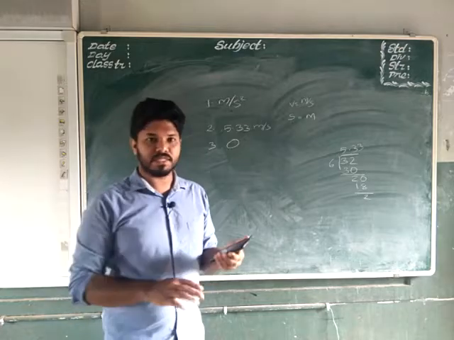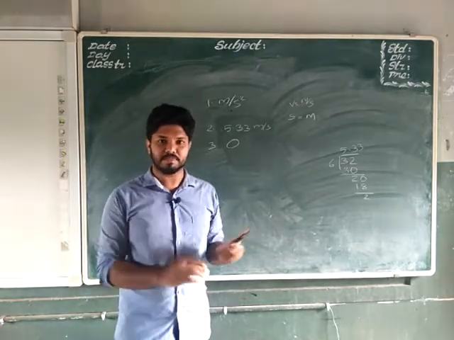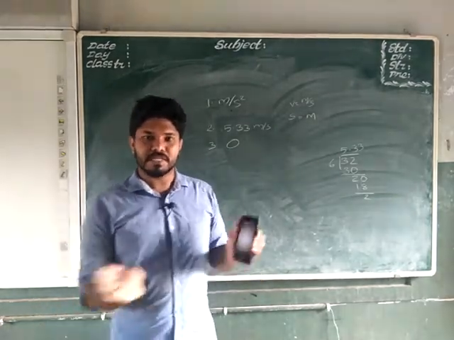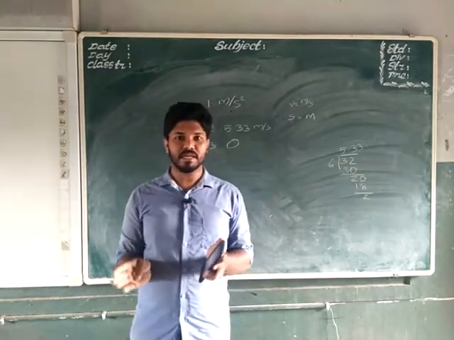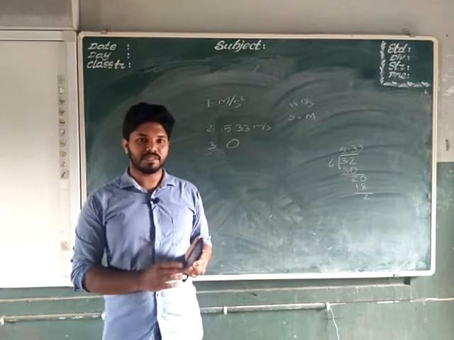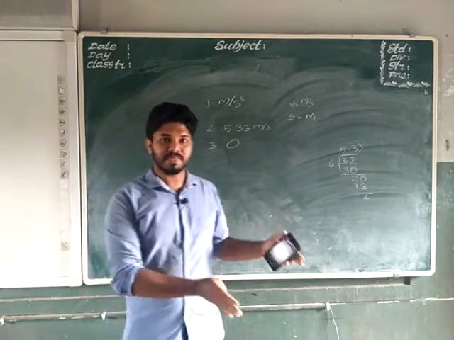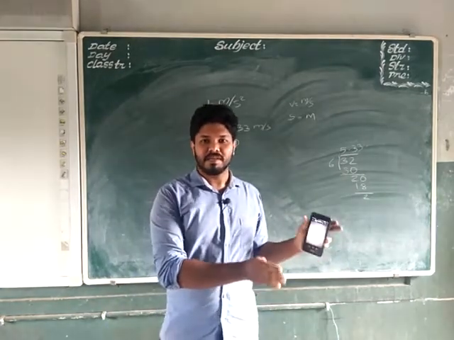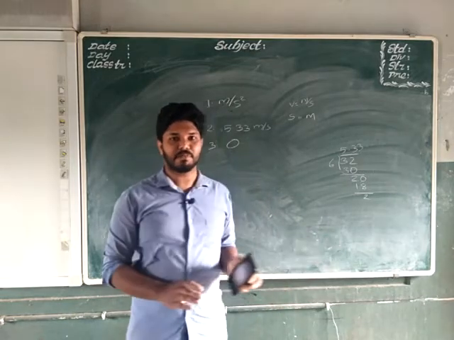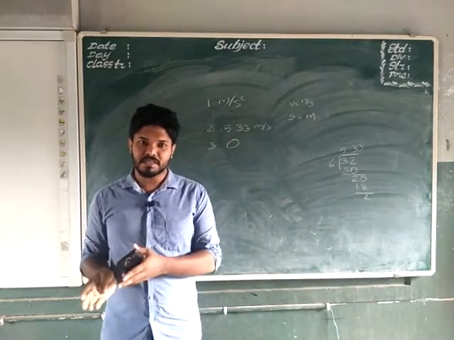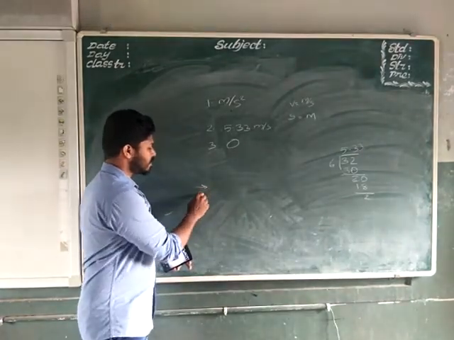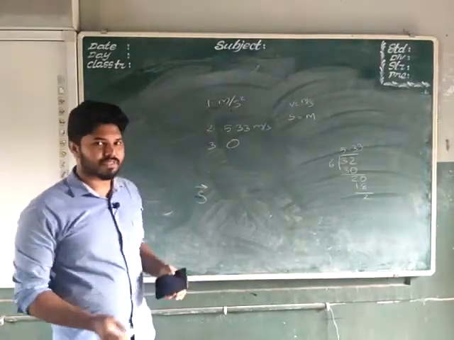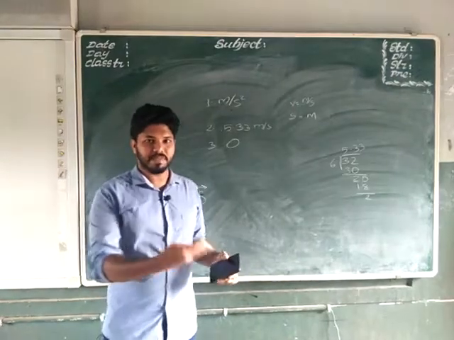Now the fourth question is to distinguish between distance and displacement. So first of all, you can give the definitions for distance and displacement. That is one point. Distance is the total path length covered by an object during its motion. Displacement is the minimum length between initial and final points. Then distance is denoted by letter S, displacement is denoted by vector S. The unit of distance and displacement is the same, meter.